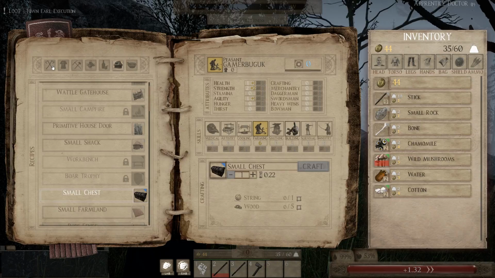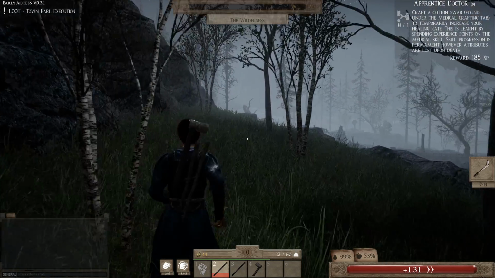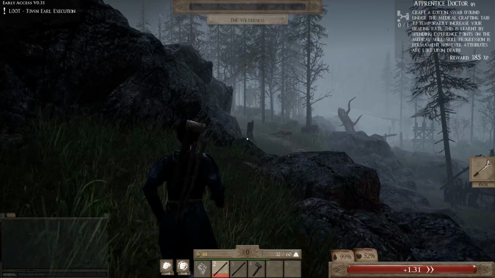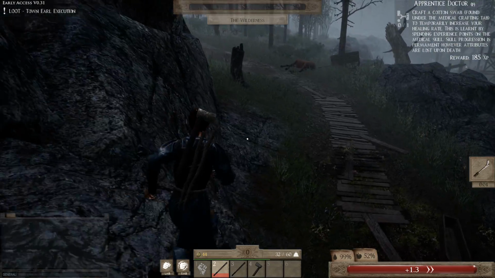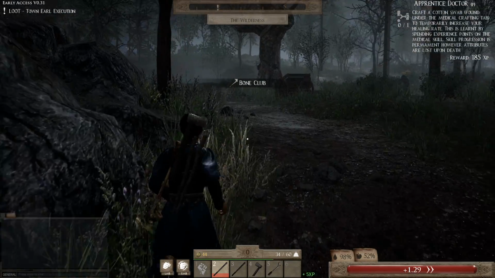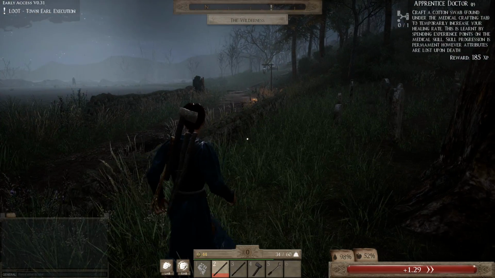So what we're also going to make is we're going to make a bone club. Oh, I should have maybe left that for the tutorial. It doesn't matter. There is a tutorial that says make a bone club. It matters not. So we also have a bone club. That will come in handy. You can actually fight with a...